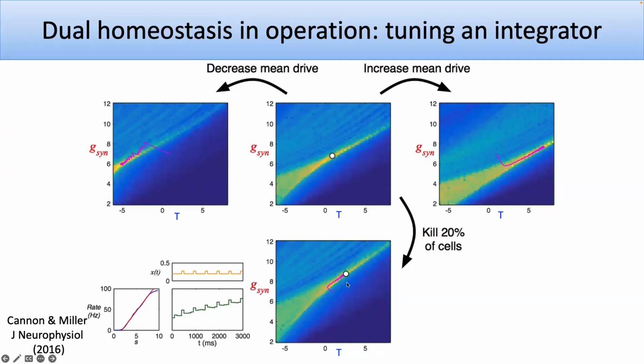And here we're killing 20% of the cells. So that's really going to reduce the feedback. You're only getting 0.8 of the original feedback per spike. So this is like shifting the whole curve up because you need to increase the input conductance to compensate. So this system can compensate all these things in a spiking model.